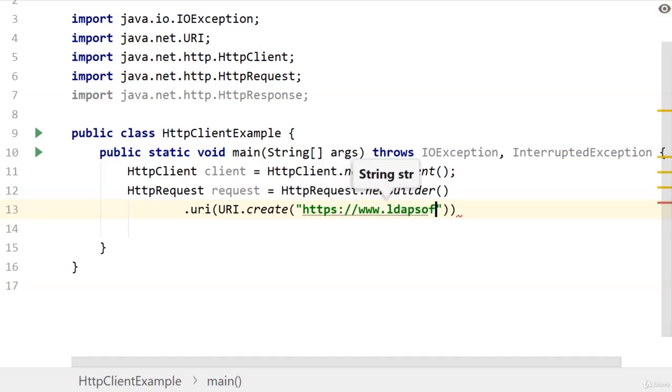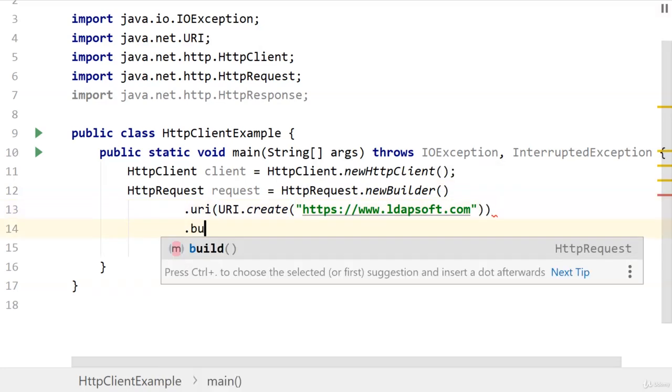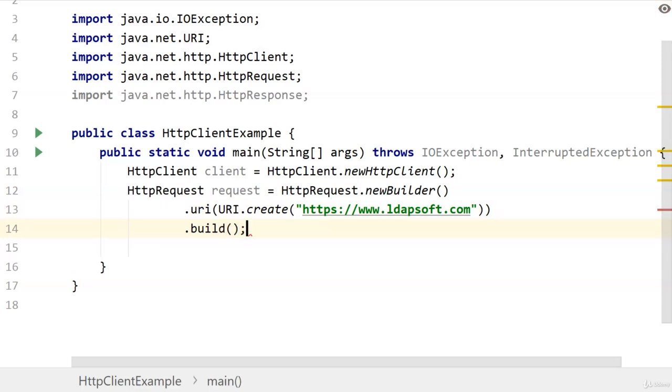In this case, I'm using the URL of the website of my friends. You can use any URI which you like, and .build();